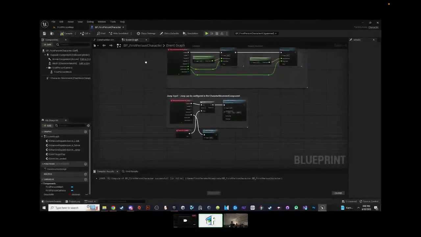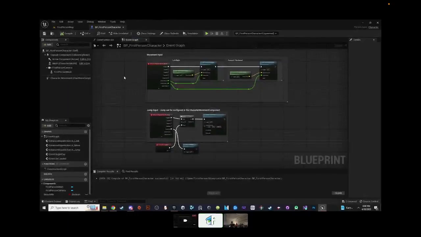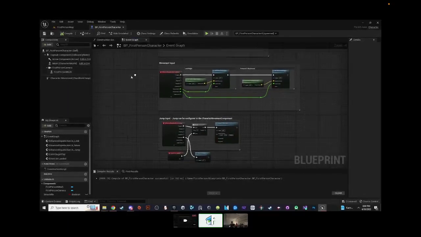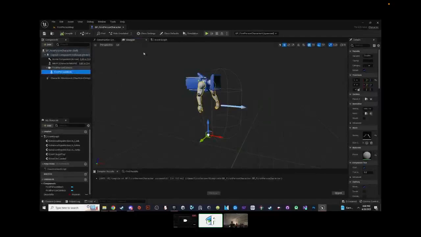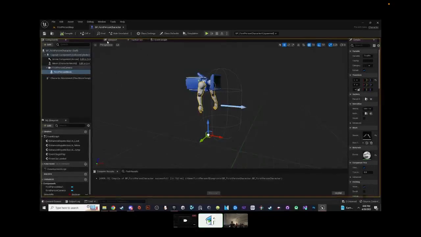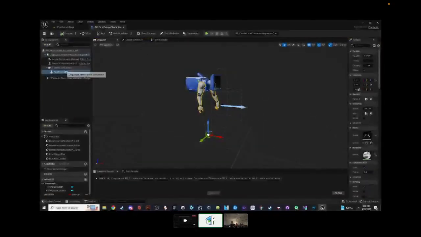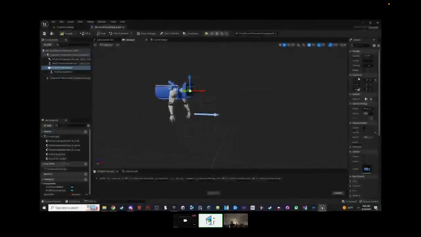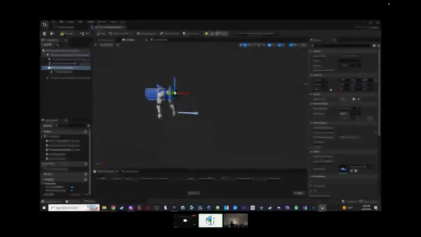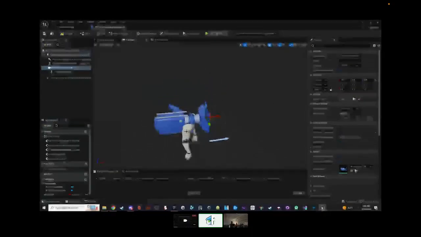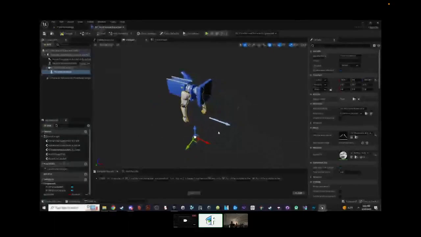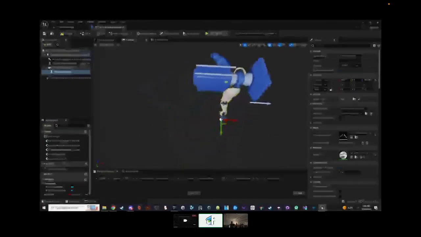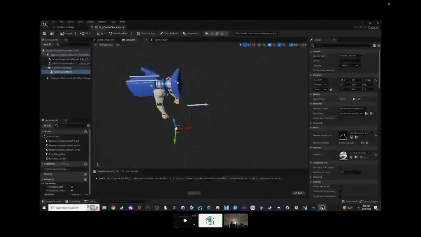And yeah, what else can we do? Let's adjust the view model of the gun as well, because you can actually see the viewport. You're going to have a panel on your left, which is your components and such, and you can open up a window called Viewport. Just in case it doesn't pop up, you can double click one of the objects and it will show you over here. And yeah, this is what we look like. That's our camera. These are our mannequin arms, which I had no idea we had. And other stuff as well, like mesh, character movement component.